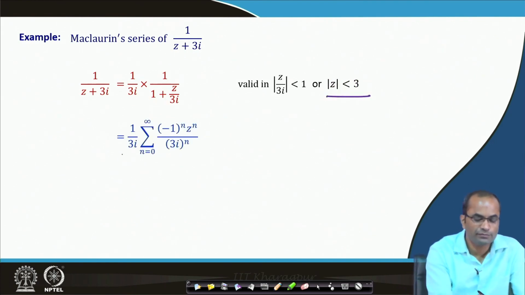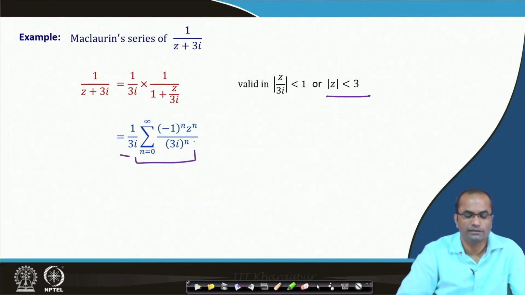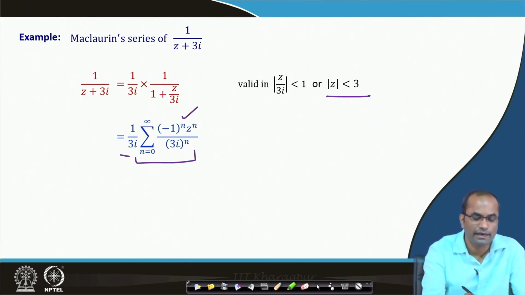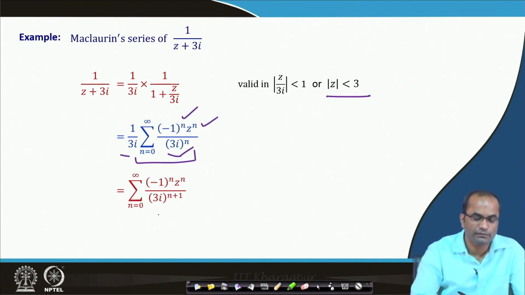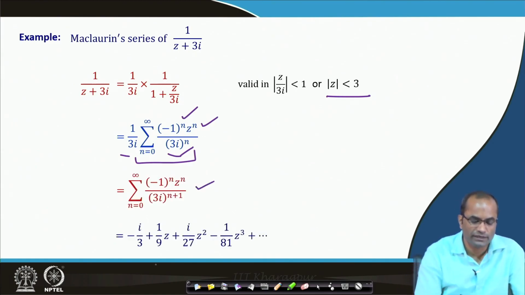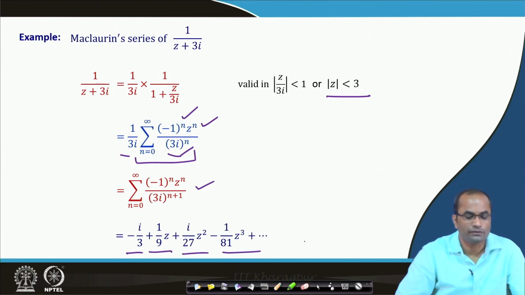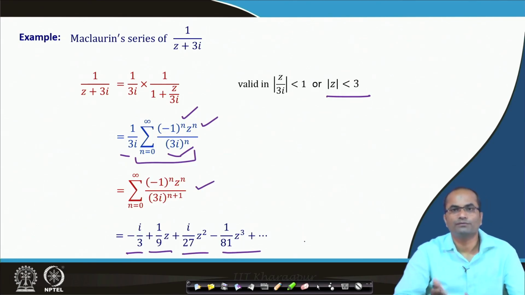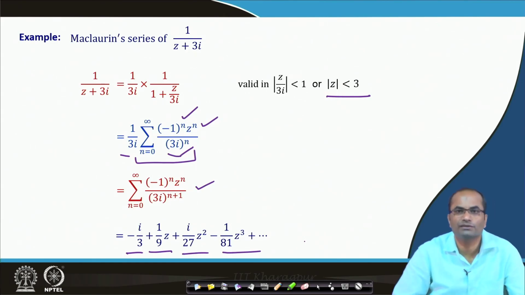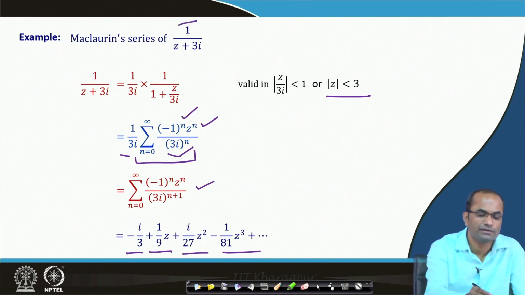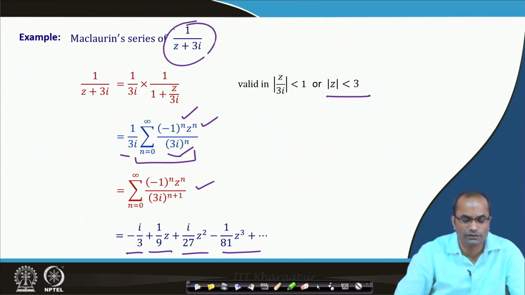and then we can expand it with that standard series: minus 1 power n, 3i power n and z power n, which can be just written in this form, or we can expand it and we will get such terms out of this series. So, what we have seen with the help of those two particular series is that we can utilize them for the expansion of many other functions, and we will discuss more of course in the next lecture, where